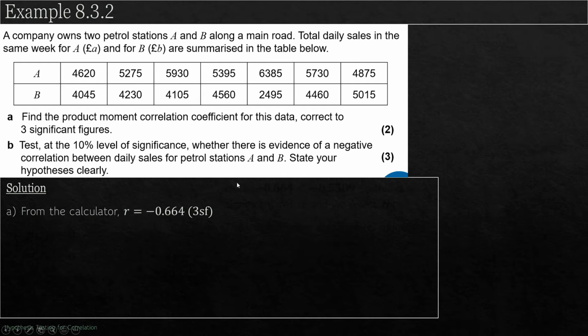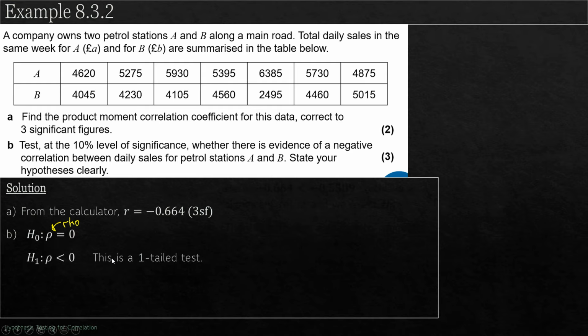In a question like this, our null hypothesis is always that there is no correlation for the population. This is just sample data, and R is the correlation for that sample data. This symbol here, rho, represents the correlation for the whole population, and this is the symbol you must use in your hypotheses. Now, because we're testing whether there's evidence of a negative correlation, that means our alternative hypothesis is that